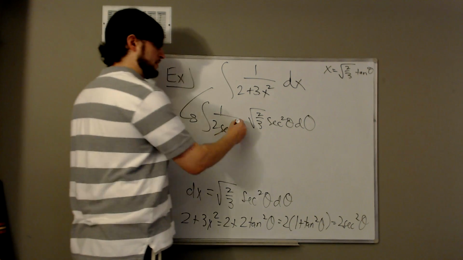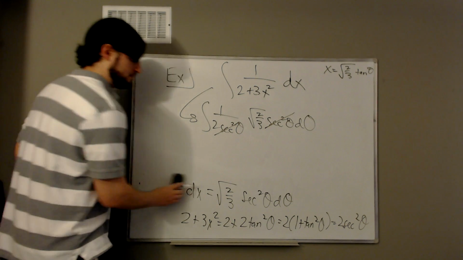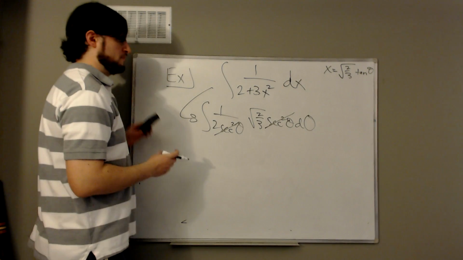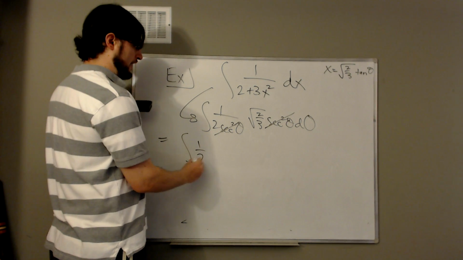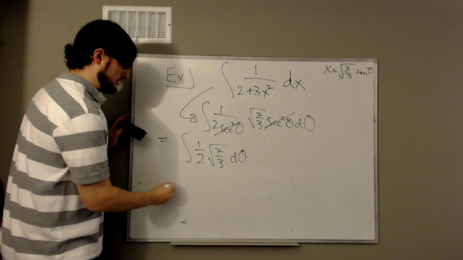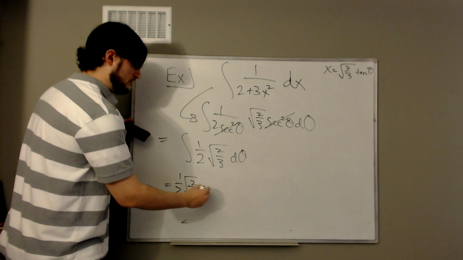And again, something that we've seen happens, the secant squareds cancel. And this becomes integral of 1/2 square root of 2/3 d theta, which is 1/2 square root of 2/3 theta